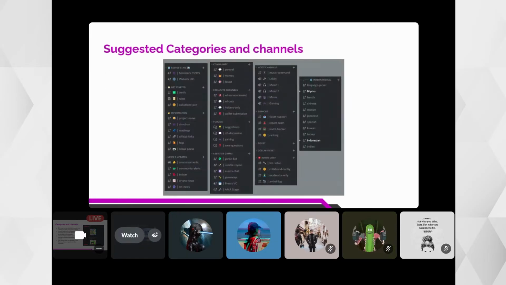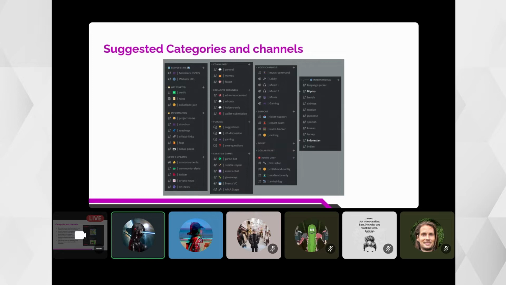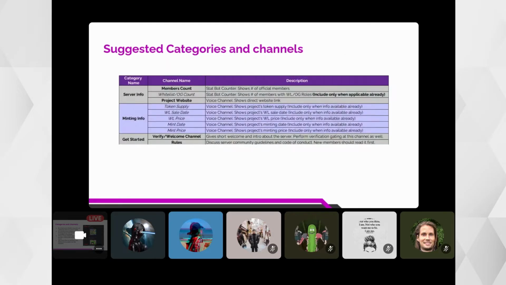So now, what are the suggested channels by Chris from Token Mind? If I'm going to create categories and channels for my NFT project, if I want to start my NFT project, what are the suggested categories? So here I laid out a summary, a screenshot. You can take a screenshot if you want, for the different suggested categories and channels according to different views. All right. So I'll be discussing briefly one by one.